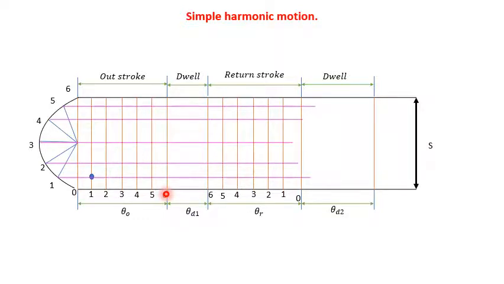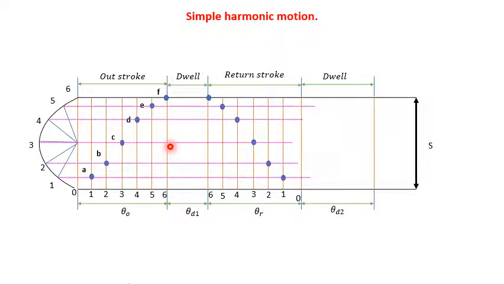Then this is the second line cutting the second vertical line. Mark it as the second cutting point. Then this is the third line cutting the third vertical line, therefore this is the third cutting point. Then this is the fourth line cutting the fourth vertical line, the fourth cutting point. Then this is the fifth, and this is the sixth one. Mark them as A, B, C, D, E, F.